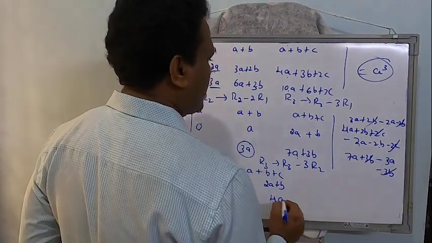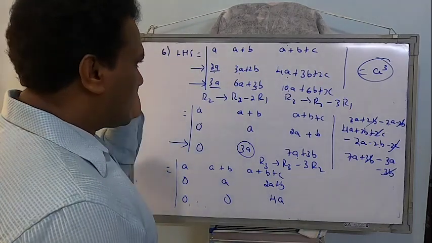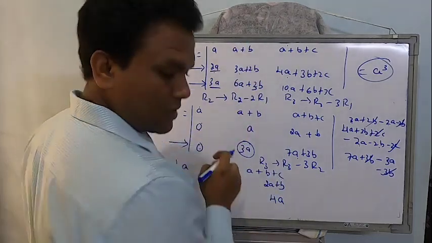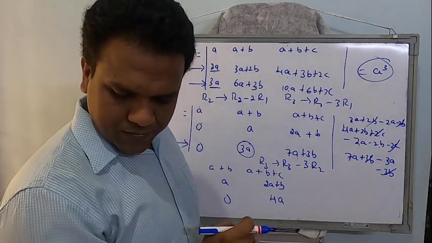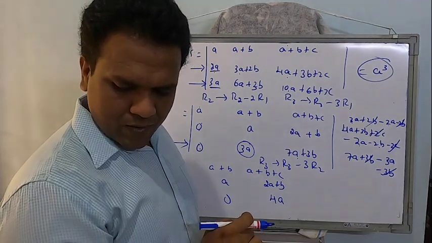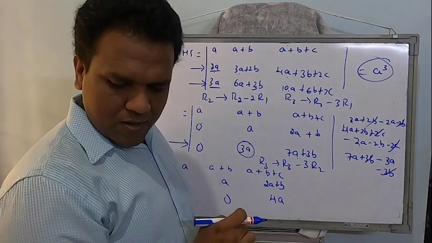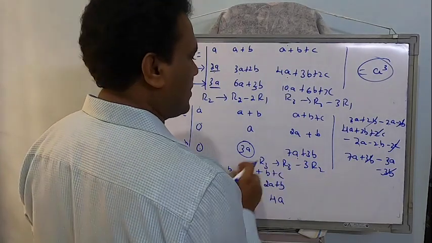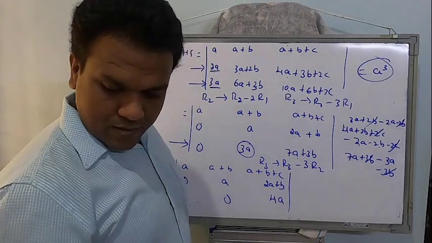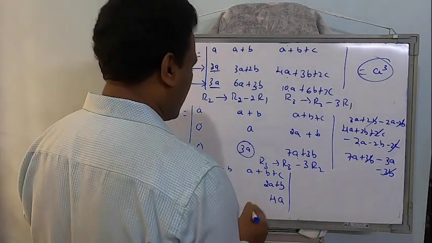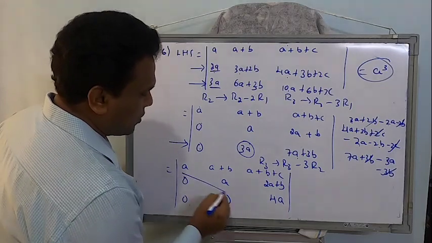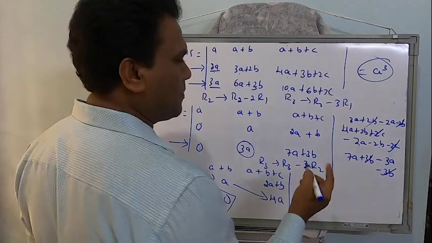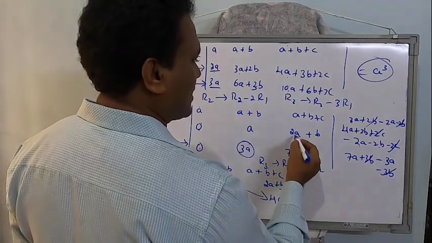There is some mistake somewhere. Okay, this should not be a 3A. So 3A minus 6A minus 3A. One second. Three and 2, right? Because the last element has to be, what's the right hand side? It is A cube, right? Okay, fine, no problem. I'll just check and tell you. Just look at that. On one side of the principal diagonal, all the elements are 0, hence the value should be the product of the principal diagonal. So I think somewhere I have made a mistake. One second.